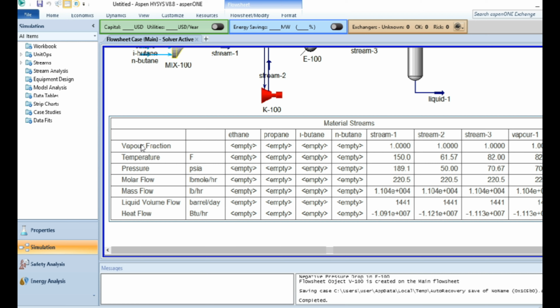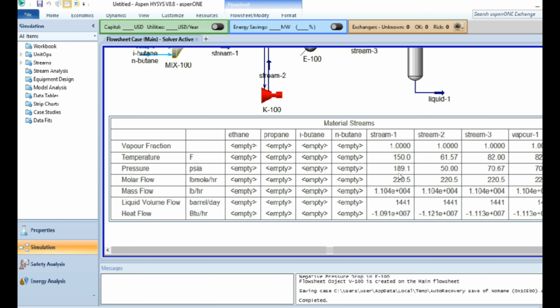So these are the properties: the vapour, temperature, pressure, molar flow rate for ethane. This is the corresponding data. For propane, the same thing, for i-butane up to the n-butane. For stream 1 here, I have a vapour fraction of 1.0 and a temperature of